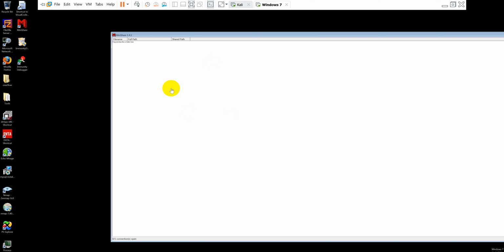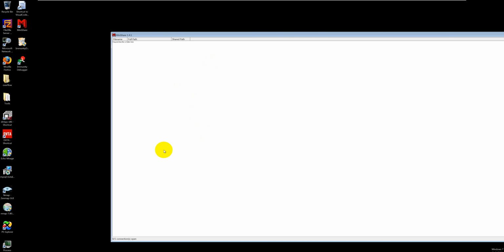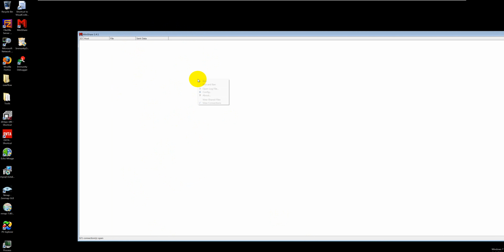So this is the Minishare UI. This is basically a typical file server kind of application. If I go to view connection, okay, it's still taking some time to communicate. Let's say view connection. Just give me a moment. Yeah, you can see here, right? Our remote Kali IP address, that is 137, is already connected to our Minishare file server, right?